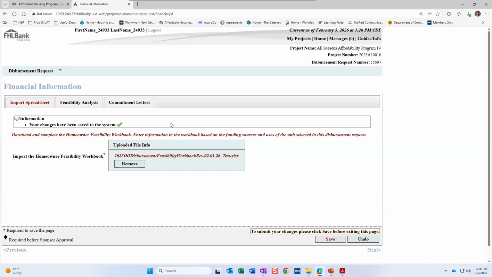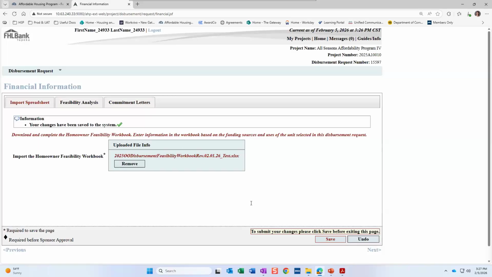was filled out. So if you get an error on this screen, the system is pretty good at catching whatever may be wrong in your workbook that would flag an error and would cause it not to upload. The biggest error that we see is that the wrong project year was used for the feasibility workbook. So again, please make sure you grab the 2025 workbook. If you grab any other year, it will not upload successfully and it will give you an error and nice yellow and red text up above.